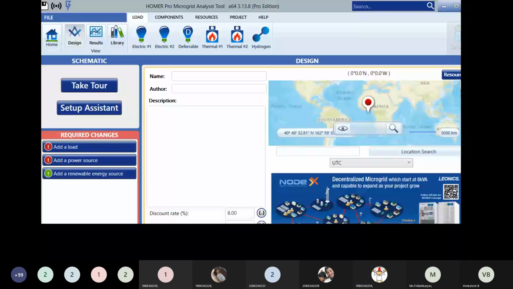When you click on electrical, the monthly electrical energy produced by your diesel generator is given here, in green color: January, February, March, April, and how it is changing. And AC primary load estimate, see, you have three. Yesterday I was explaining this. Production is 69,456. Production is how much? Consumption is how much? And quantity of excess electricity. How much excess electricity did you get? 17,791 kilowatt hours per year.